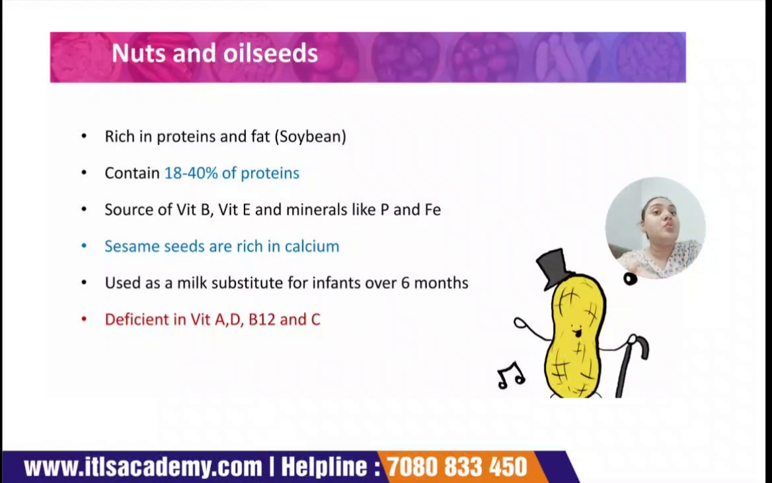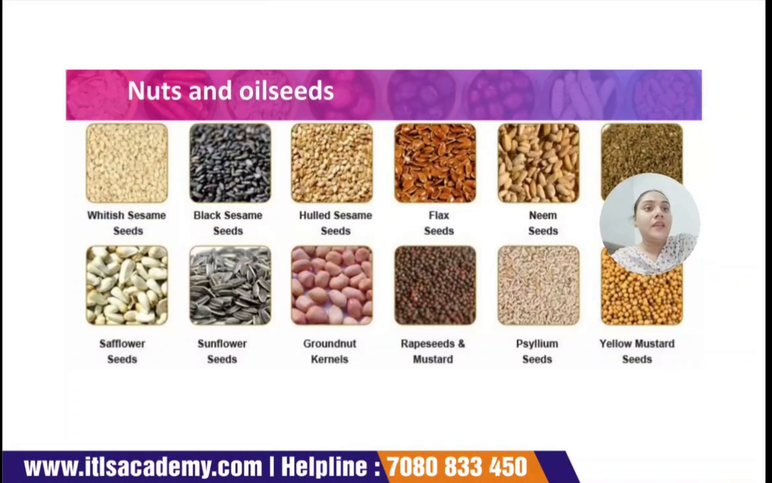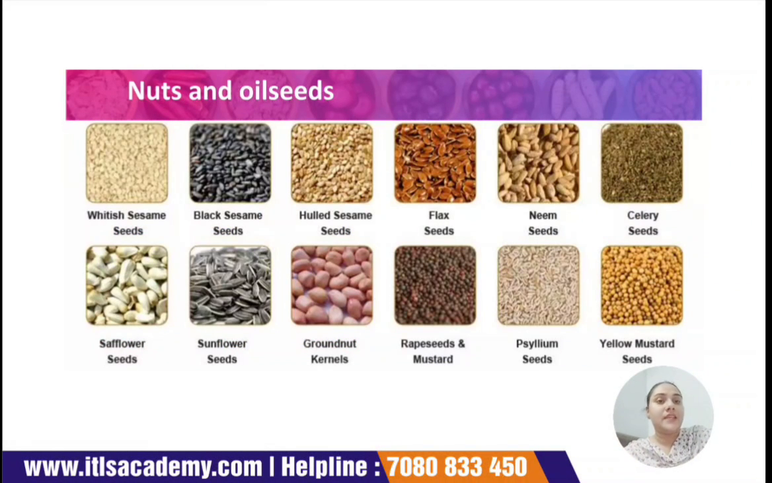Even as a milk substitute for infants over 6 months, you can use these nuts and sesame seeds. But again, they are deficient in which type of vitamin? Vitamin A, D, B12 and B6. Okay, now there are certain nuts and oil seeds like whitish sesame seeds, sunflower seeds, even the